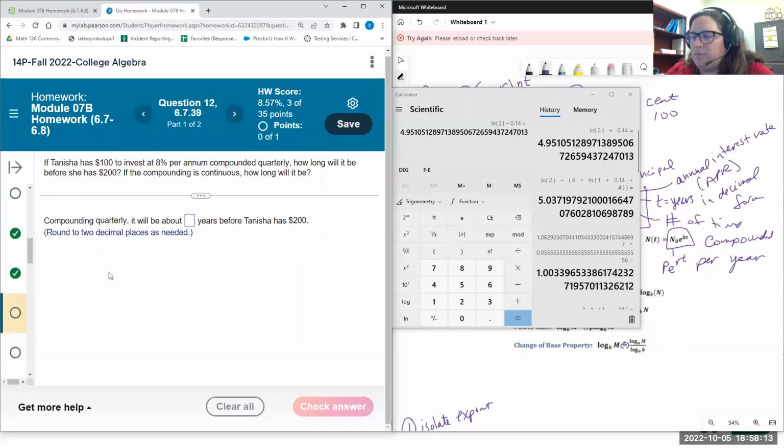You might also be asked, I'm not going to go through this, to find the time, how long will it take to get from a particular amount to another amount that might not be double of the first amount. And then I also want to look at